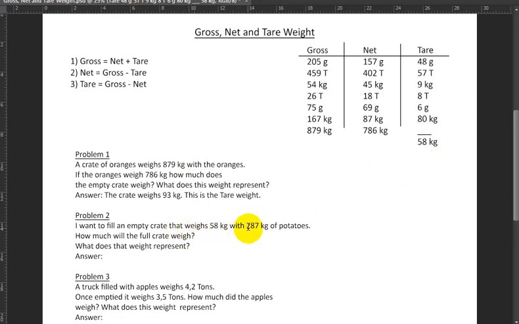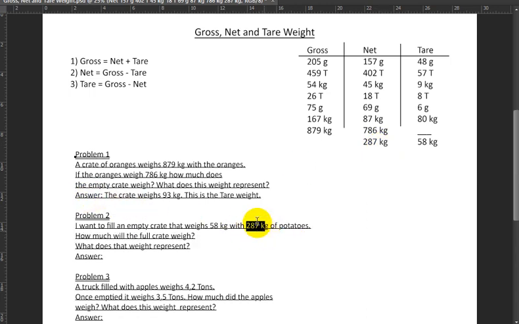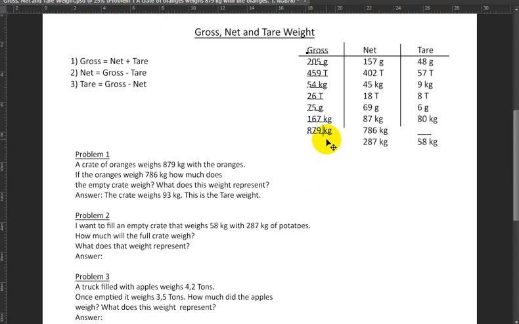And I want to fill it with 287 kilograms of potatoes. So what are the potatoes? They're not the tare weight. We just saw what the tare weight is. Are they the gross weight? Well, no, because the potatoes alone aren't the whole thing. They're not the container plus the content. So they're not the inside plus the outside. They're only the inside. Well, that is the net weight. The inside, which is, again, 287 kilograms. So what are we looking for then? We are looking for the gross weight,